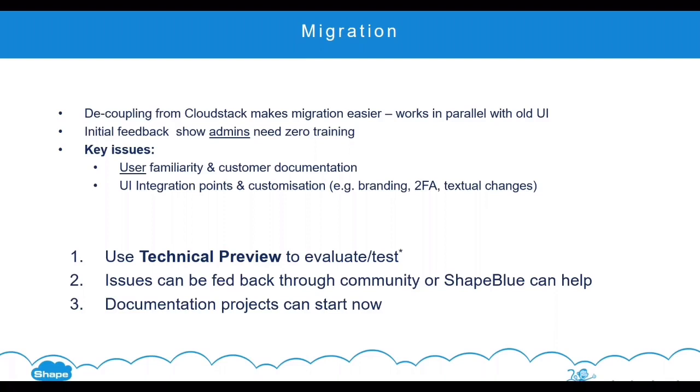So you haven't got to do a big cutover with rollback plans and that sort of thing. The other good news is, from the small group who have been testing and looking at Primate so far, the feedback is that admins who know CloudStack don't really need any training on this. The concepts are there. They understand what a host is. They understand what a zone is, what a pod is,